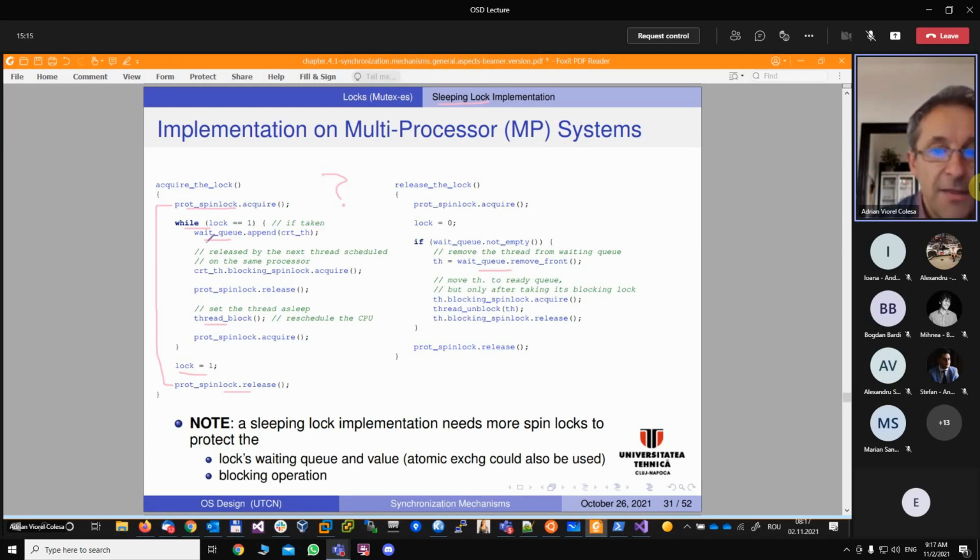Okay, that's the main part, but that's not enough, because let's take a look on this branch when the lock is not available. When the lock is not available, the thread must be placed in a waiting queue, then must be blocked. But another question is what to do with a spin lock, because if that thread goes to sleep, waiting for our sleeping lock, but keeping the spin lock, so the associated spin lock,